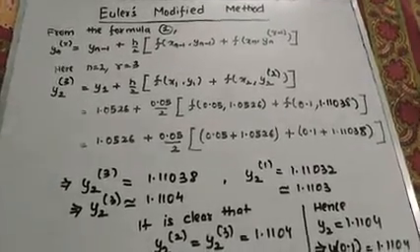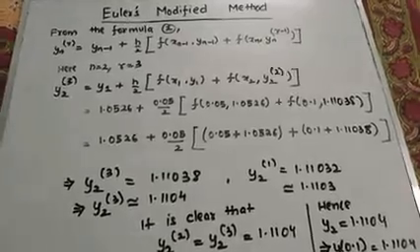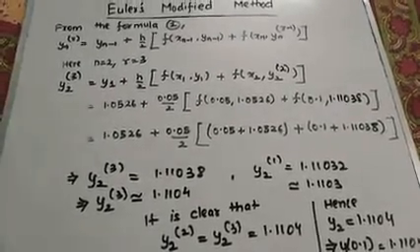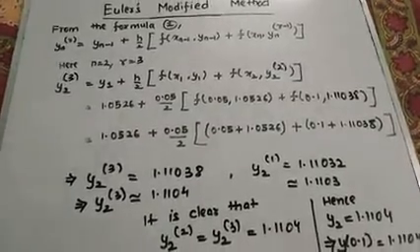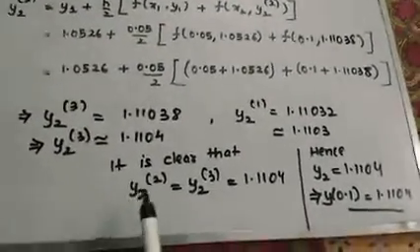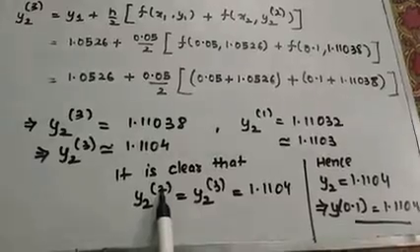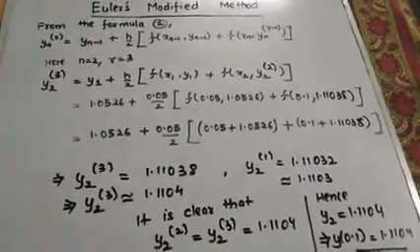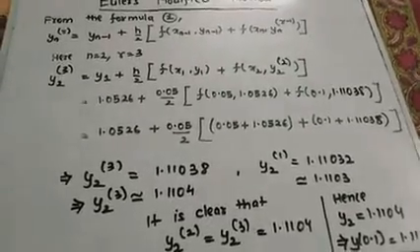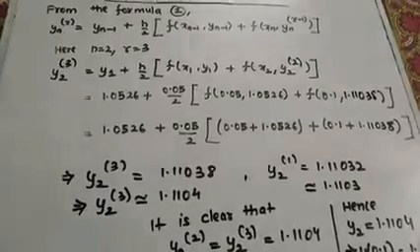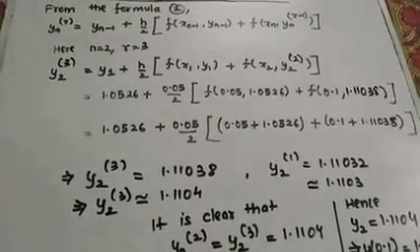Here, first of all, by using the Euler method, you have to find the initial value, and then you have to modify the value by using formula number 2. And the r, the most important r, I'm talking about this r, indicates the number of modification steps. That means, see here, y2 of 2 means the second modification step, y2 of 3 means the third modification step. So this is all about the Euler modified method. We will solve one more example. It will make some more concepts of the Euler modified method clear.